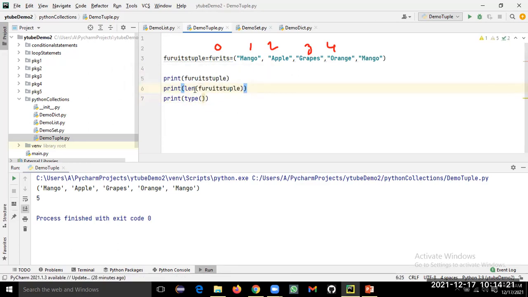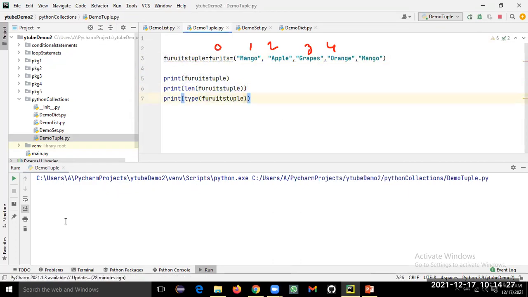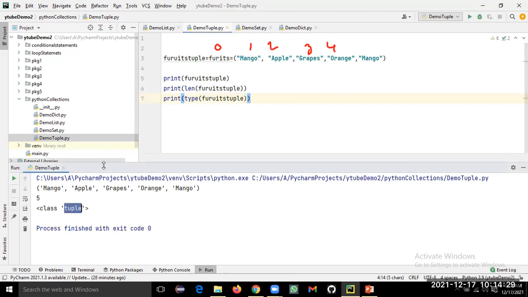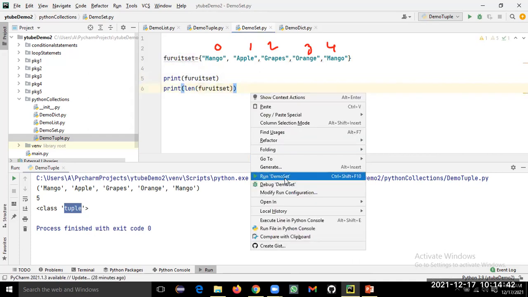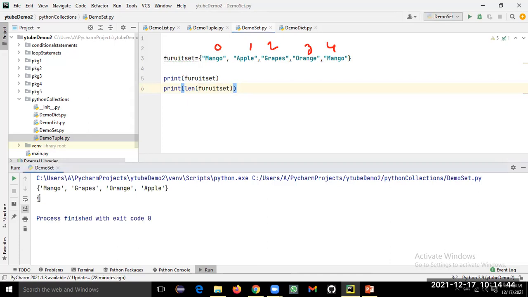We are going to understand what is a function and what is this parameter, but for now understand it at a high level. Again, the class is tuple. Let's say what is set. We'll use the len function, print the length of this fruit set. This set is again a class, and it will print 4.